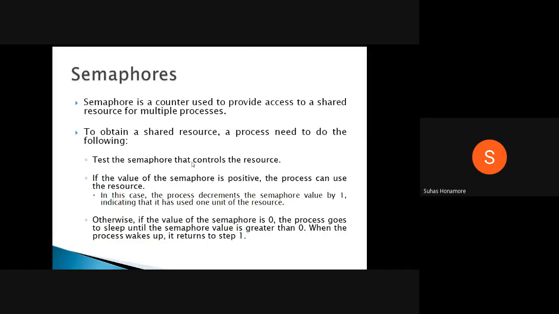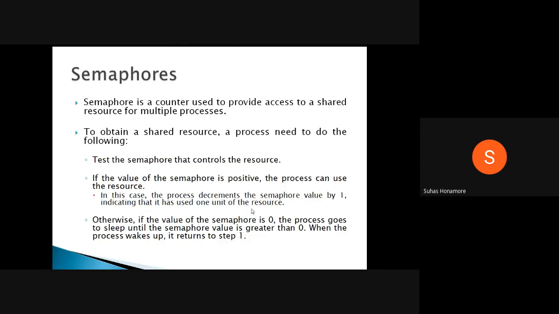In general, you can have the semaphore value as n, a positive number, any value you can give. That n represents how many resources are there. Consider a printer: if processes want to use the printer resources, and systems are connected to, say, two printers, then the resource count for the printers is 2. That is, the n value is 2.